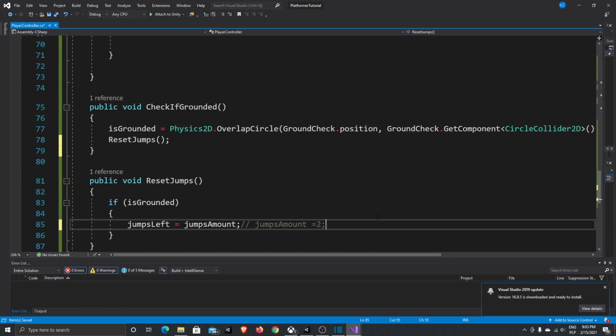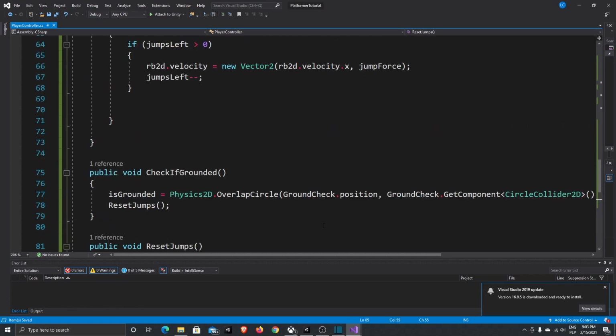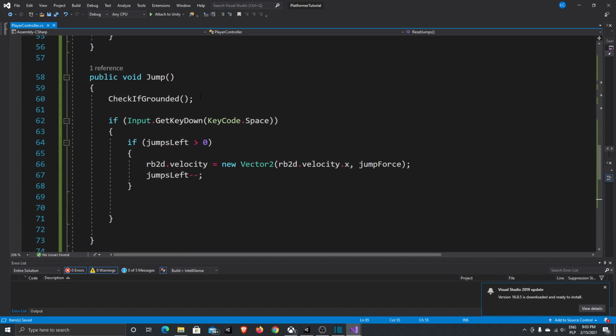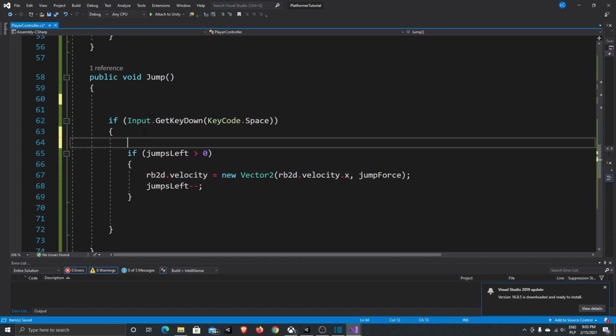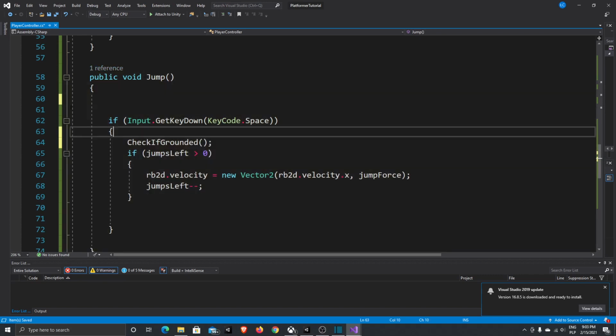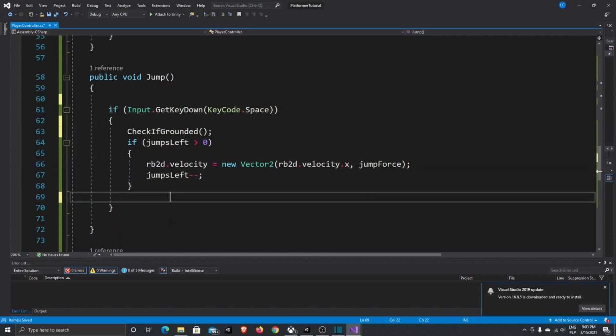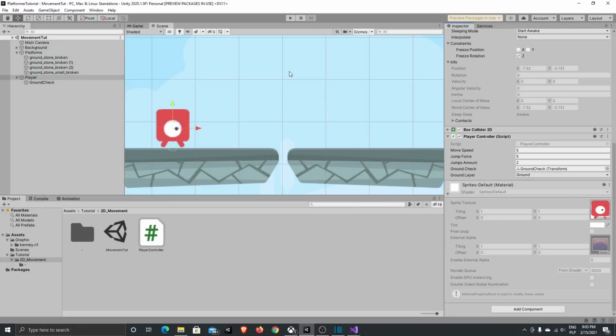We just set it. Okay, and one more thing what's left, we want to call check if grounded every time we press the space. So we want to do it inside here. Okay, so a little bit of cleaning to not have so much mess here. And I think that's all. Our functionality should work now. So let's go and check how it's working. Let's press play